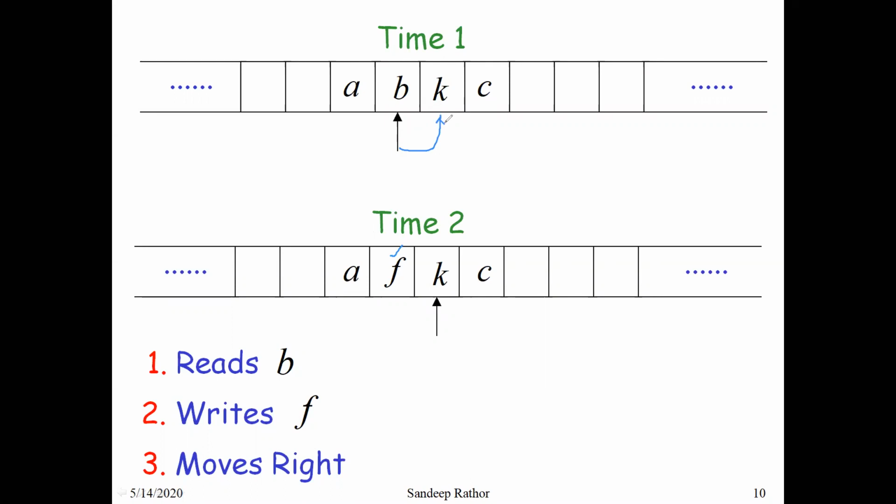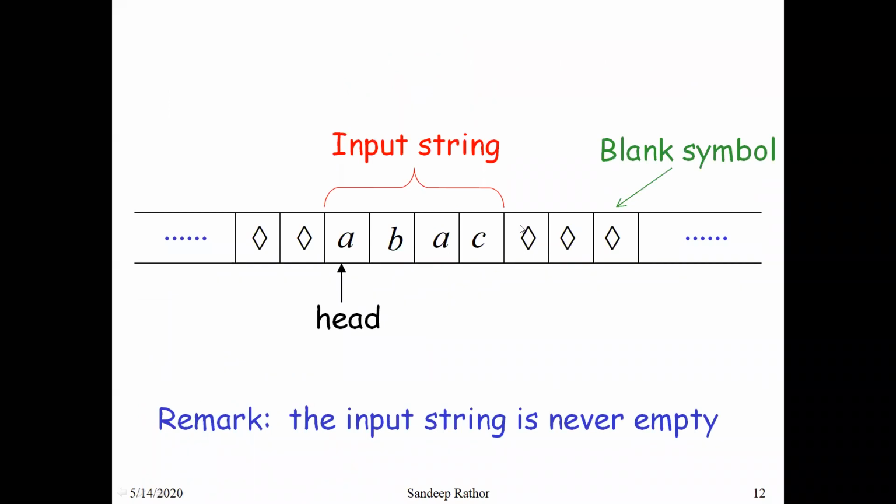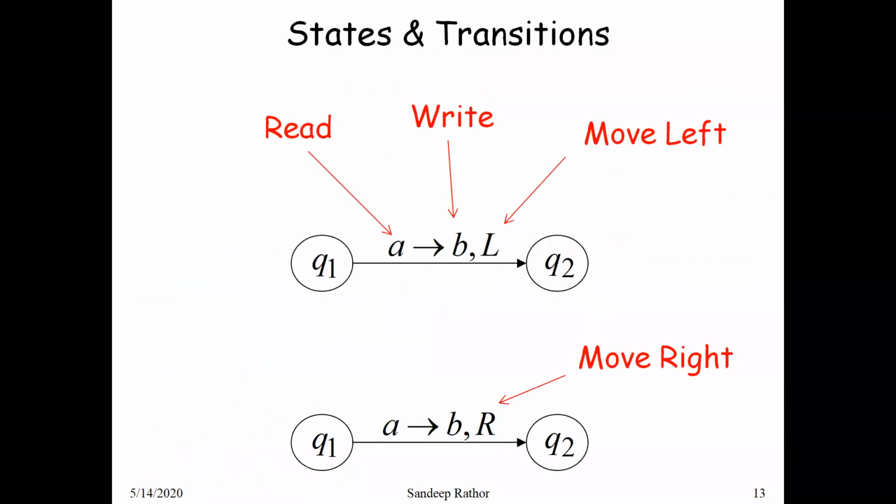The previous example showed the movement of the head in the left direction, while this example shows the movement of the head in the right direction. So this is all about the direction of the head in a Turing machine. It is clear from these examples that you have to mention the direction of the head in each and every step. So how is it possible to write the transition diagram for the Turing machine?